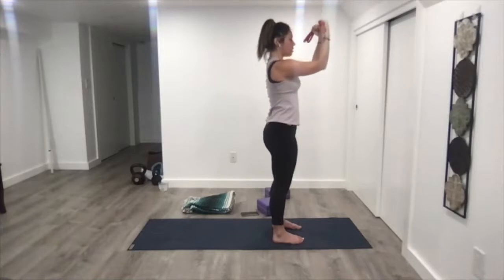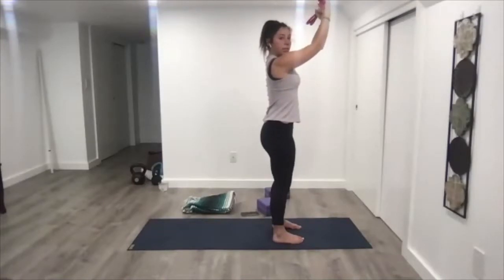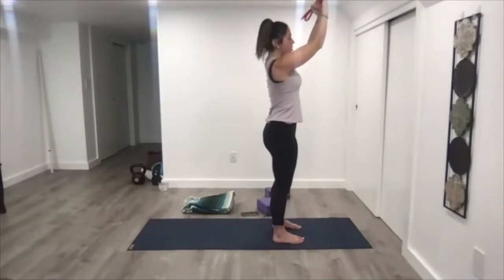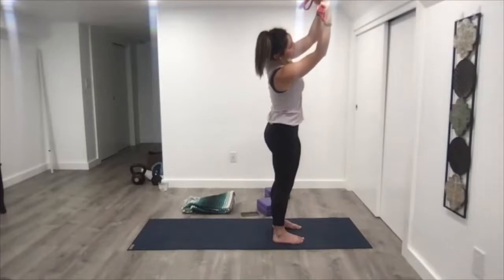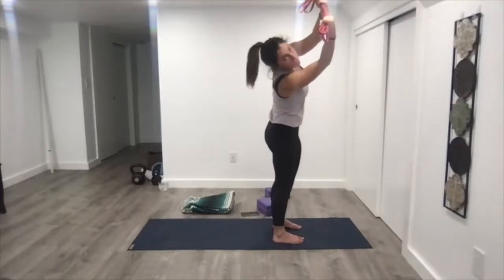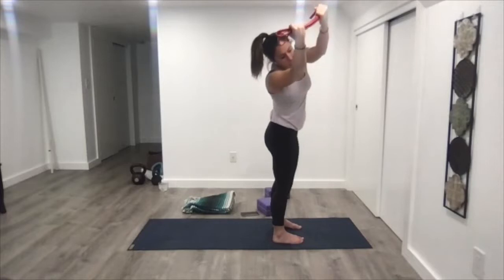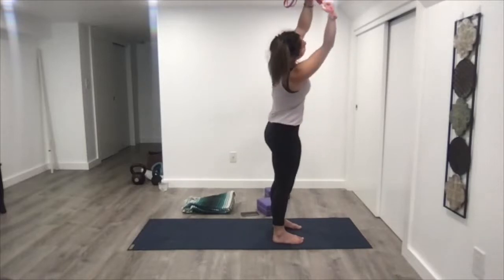Good. Awesome. So the next time that you punch up, you're going to pause. Awesome. Okay. And then go ahead, start to side bend to the right. So you're pushing your left foot into the floor, side bending right, still kind of reaching those arms up. Good. In this shape, turn your heart and rotate a little to the right, and then rotate up towards the